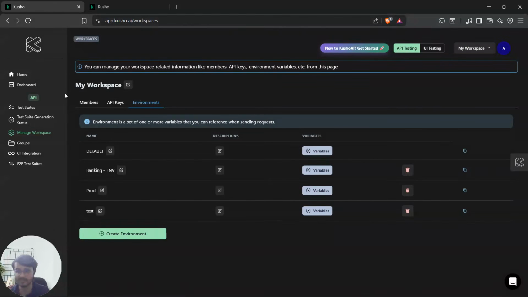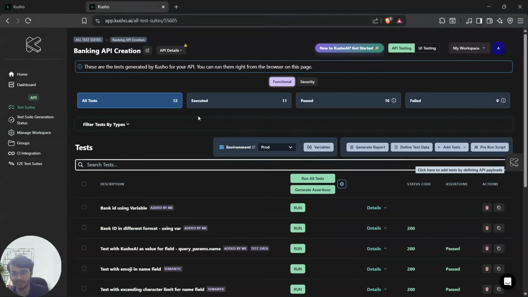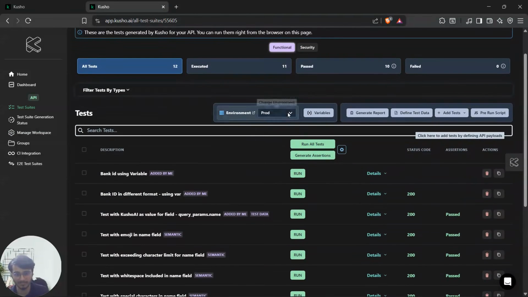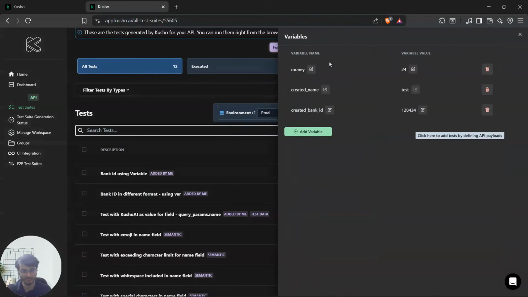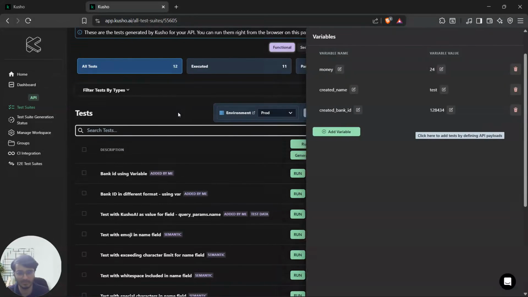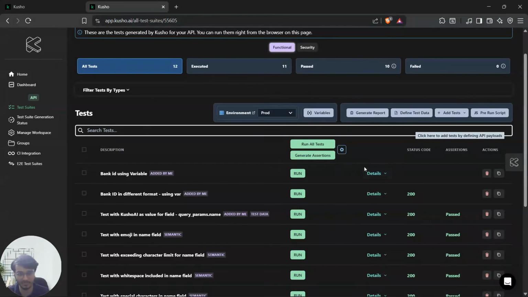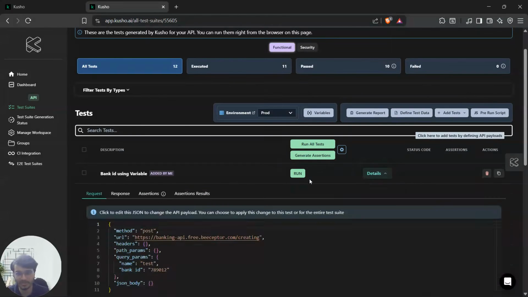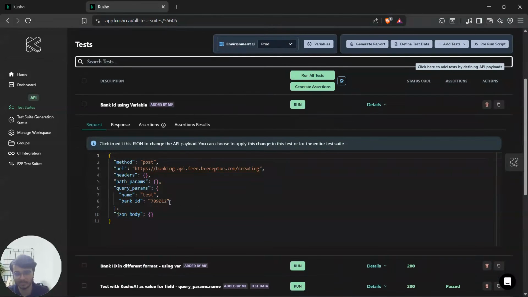So let's test it in a test suite. I have this banking API with me, and I'm using prod only. As you can see, the variables are here, and you can add variables from this button over here as well. So I will click on the details, and